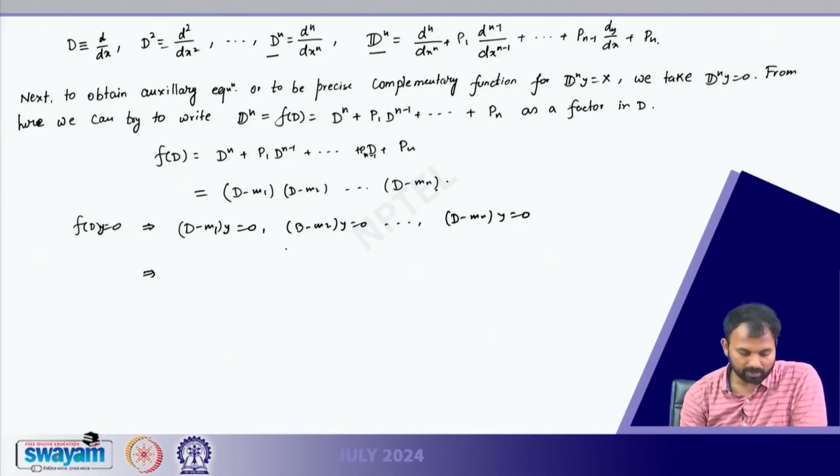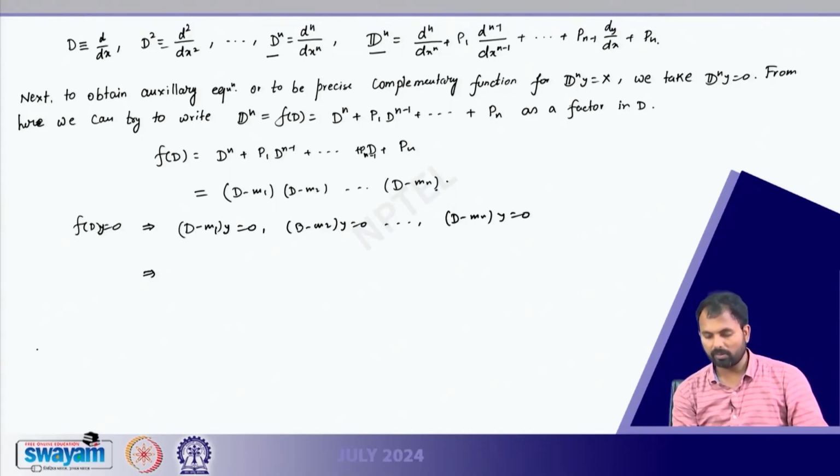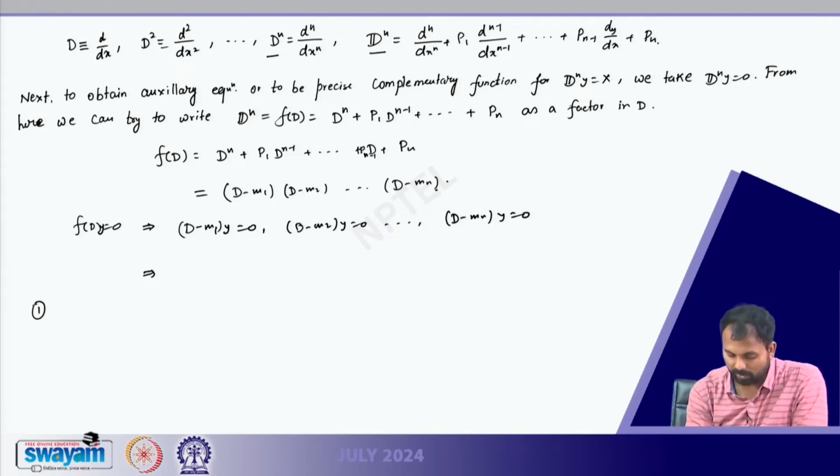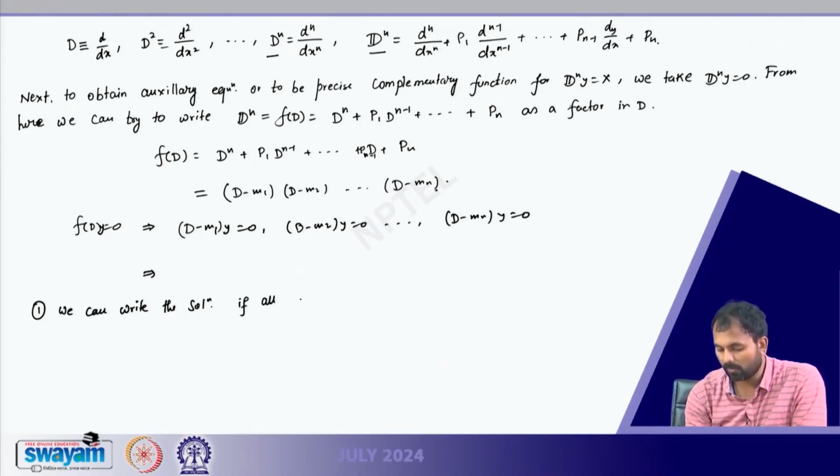Okay, now comes the interesting part. So let us say this is the solution that we will obtain. Now the case of unequal roots, equal roots and imaginary roots can also be discussed from here. So if all the mi's are different, I am just going to write down, we can write the solution if all mi's are different but real,